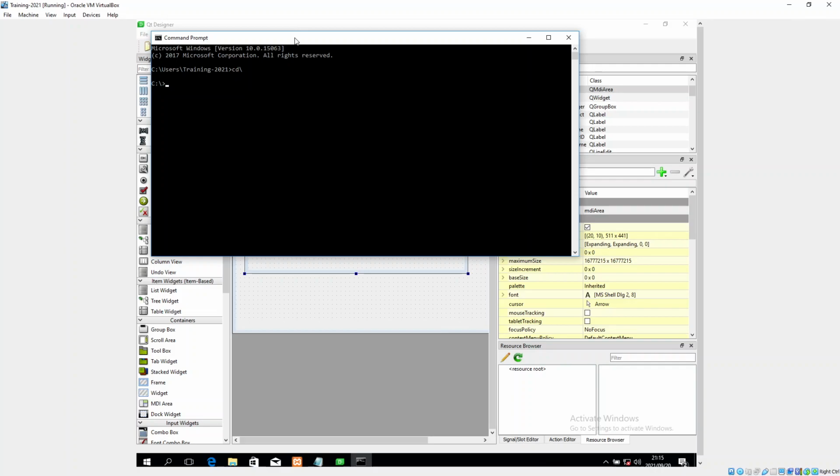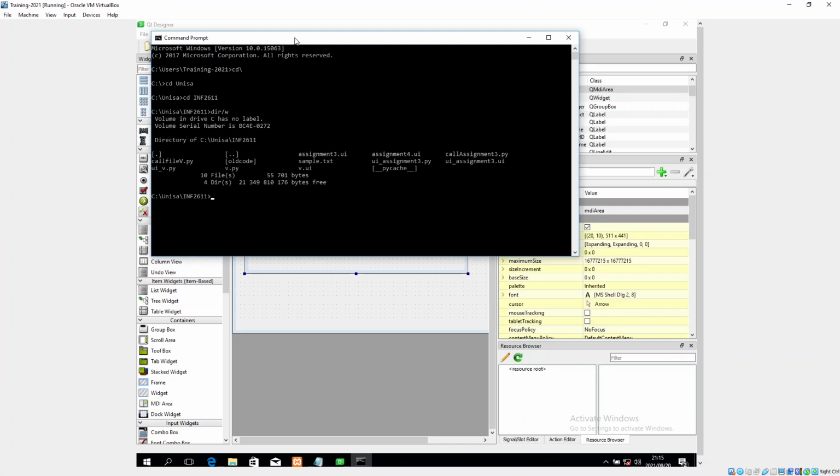As you know, I always place my files under the UNISA and INF2611 folder. If I do a directory search here, you'll see there I've got my assignment 4. So I'm going to use the PYURC5, and I haven't even run this for a while now, but I believe I should use assignment 4 and then